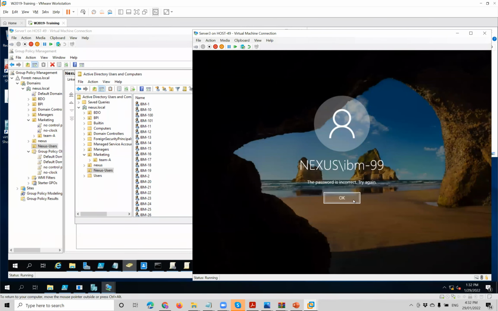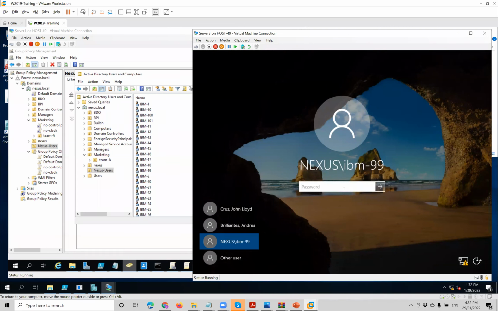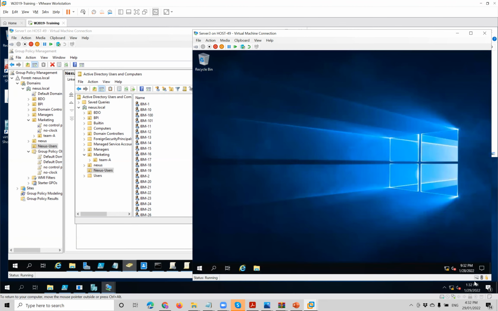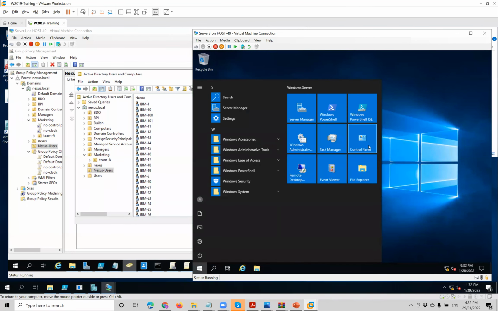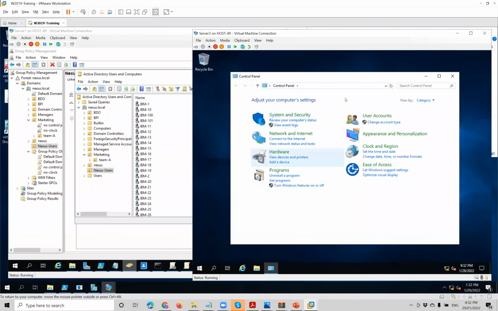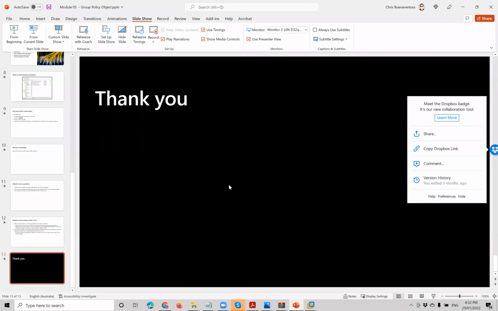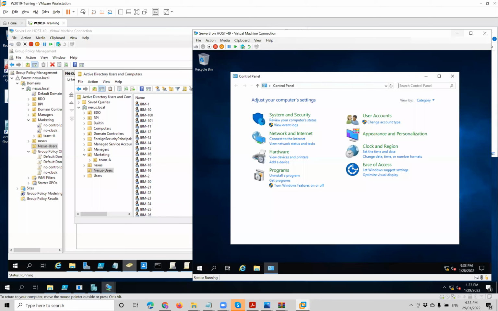What password did I put for 99? So there should be a clock. There you go. And you can launch the control panel. So I applied it group specific, or OU specific. Thank you. Any question? Sir, pwedeng may addition